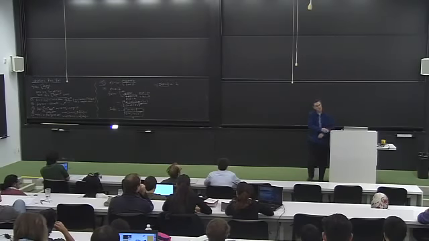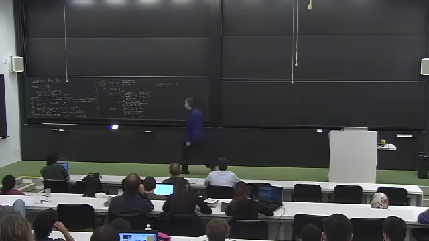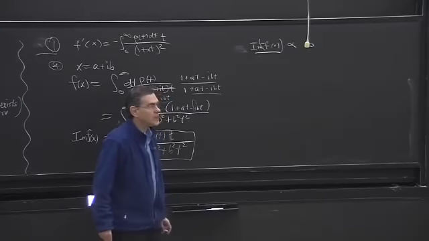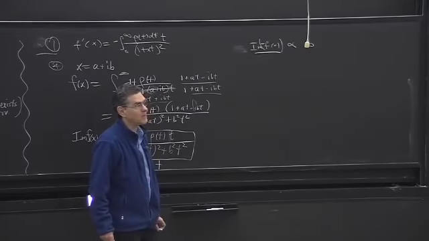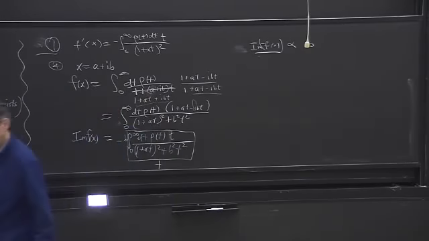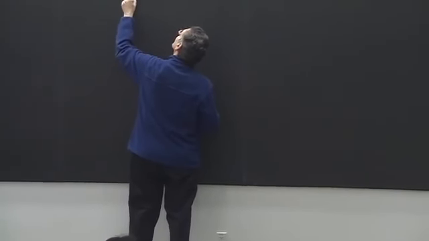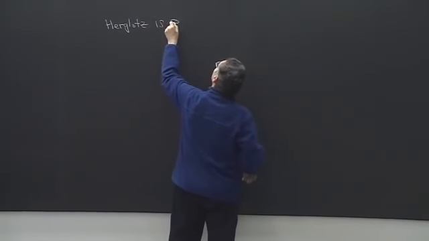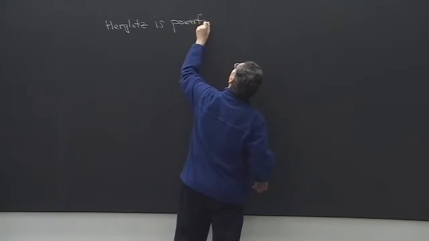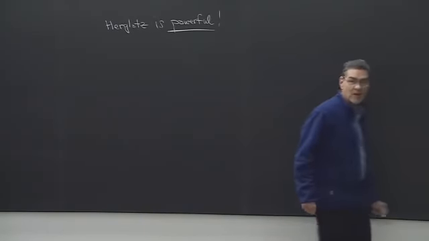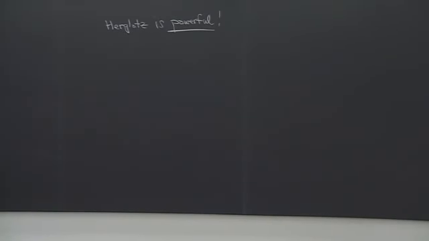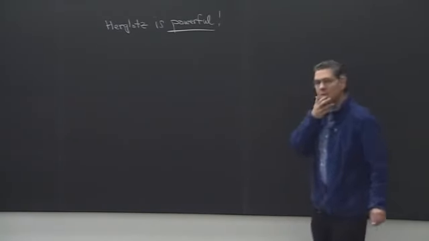Let me prove to you, to answer your question, let me show you something interesting. Let me first of all show you that the Herglotz property is a very powerful property. I don't want to interrupt that discussion, but let me just claim here that the Herglotz property is a very constraining, powerful property. Okay? For example,